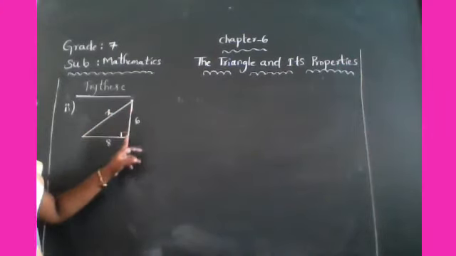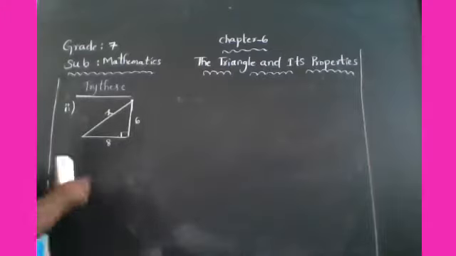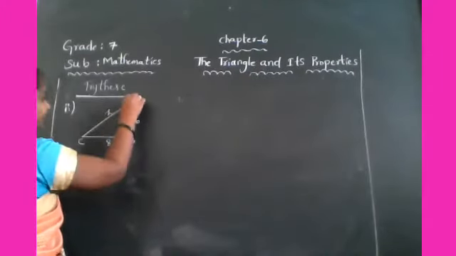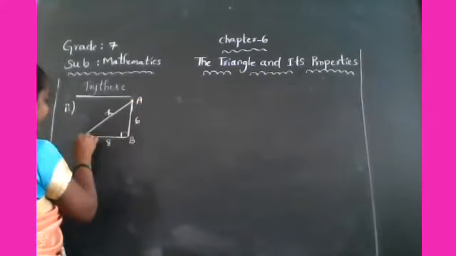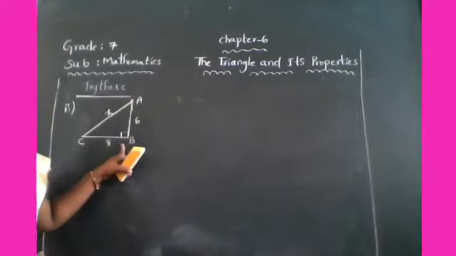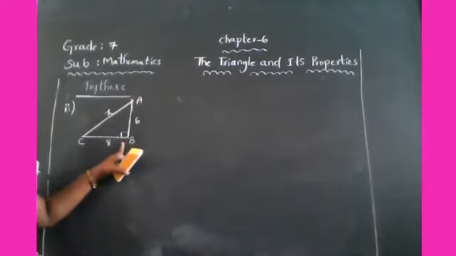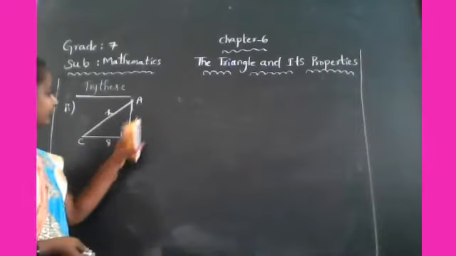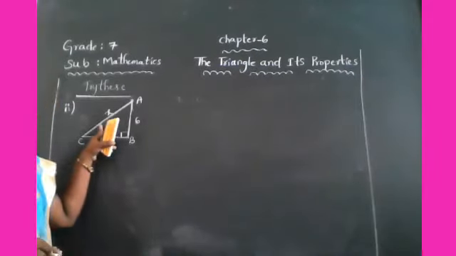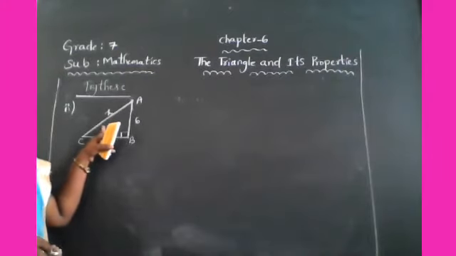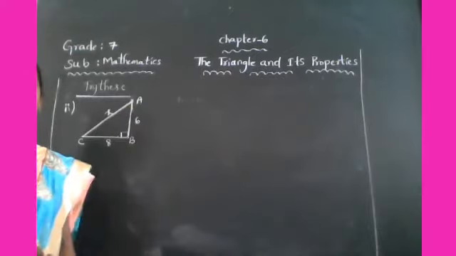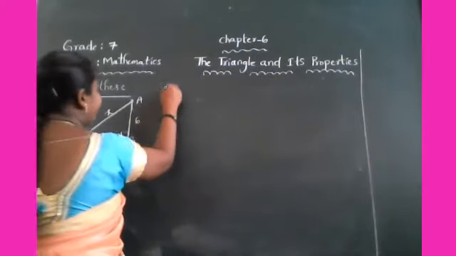So here, where is the right angle formed? Give the name first. A, B, C. Here in a triangle ABC, right angle at B. One of the angles is 90 degrees. Now here the two side lengths are given. So the longest side, the hypotenuse, is given here. No. So we have to find the longest side of the right angle triangle. Same method we have to write first.